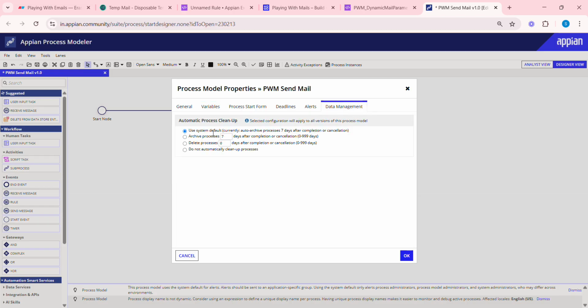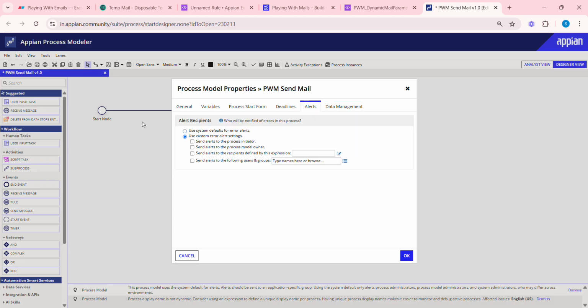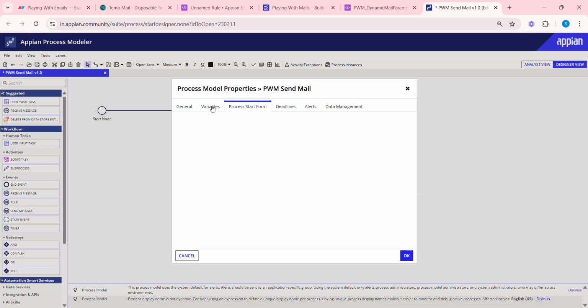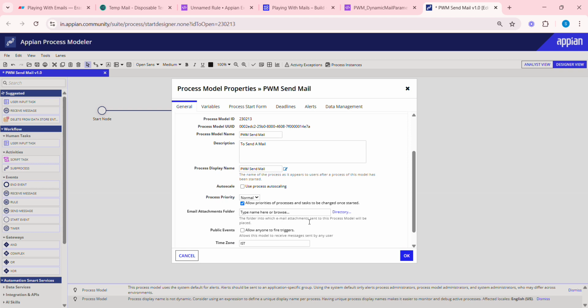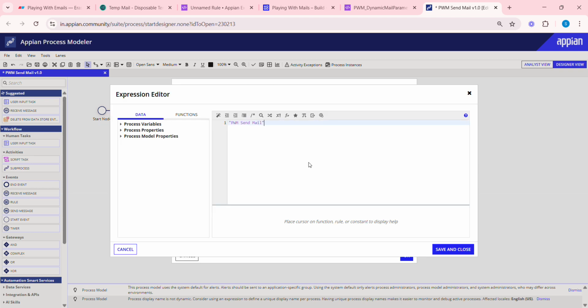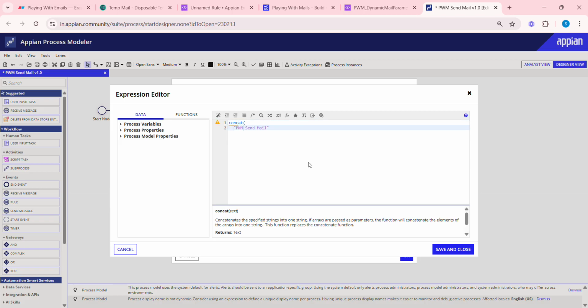Let me set up the basic things here. Delete my process after 1 day, I'm going to make it 1 day. Alerts, because I'm using community version, so let it give mail to the initiator. Deadlines, fine. Variables, fine. General, let me make a proper display name based upon the subject line. So let me write the proper display name as concat, send mail,